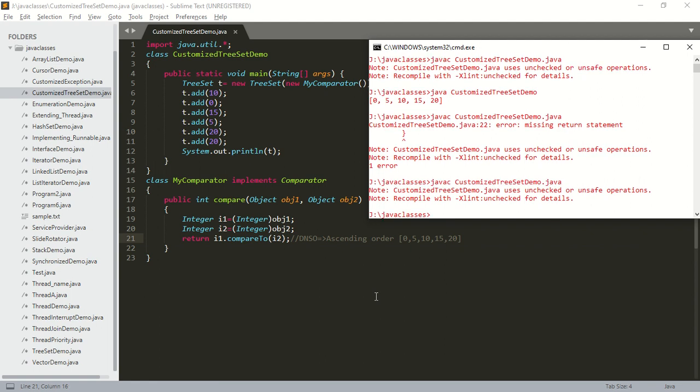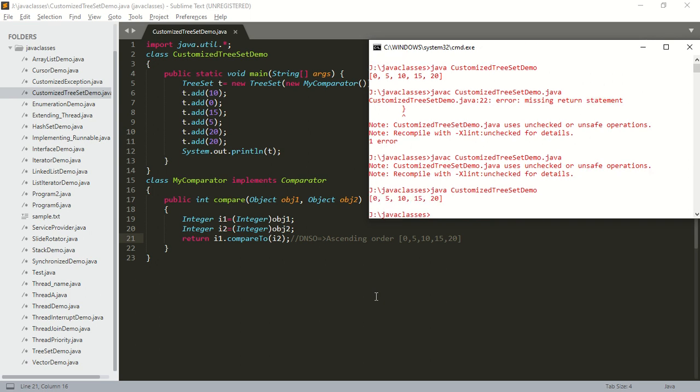Yes. No errors. When I run the code, what will be the output? When I run the code, the output will be default natural sorting order, that is ascending order, and the output should be 0 to 20. That is 0, 5, 10, 15 and 20. So is this clear?